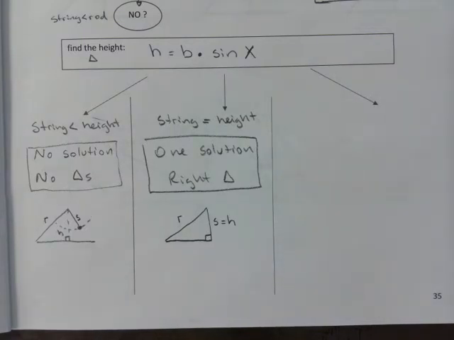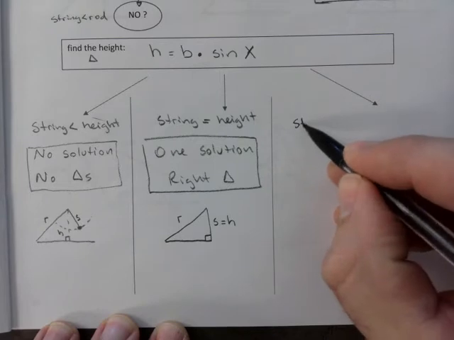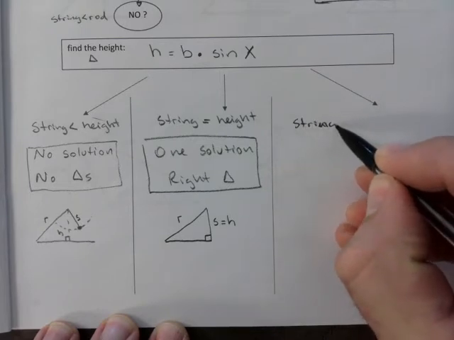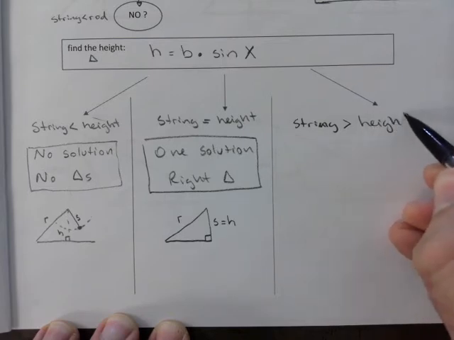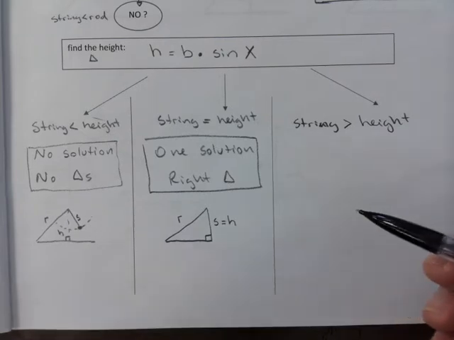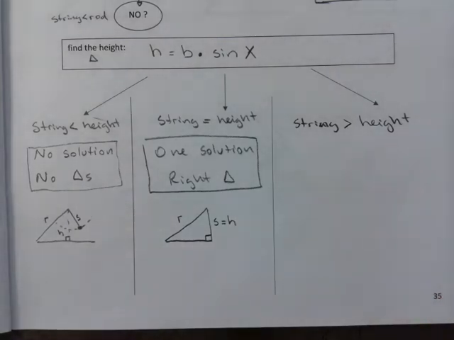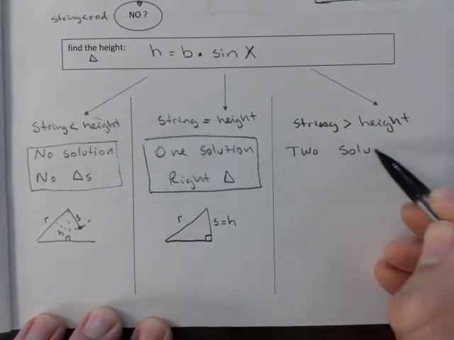And then the last one is the one that will be the most work, the one you don't want, but it will be presented quite often. It's if the string is greater than the height. That's when it swings both ways. Remember, it swung in and it swings back out. That's your two triangles. So two solutions,